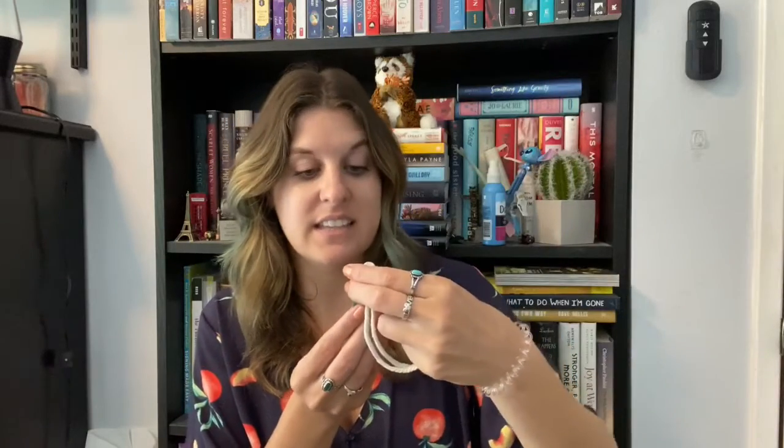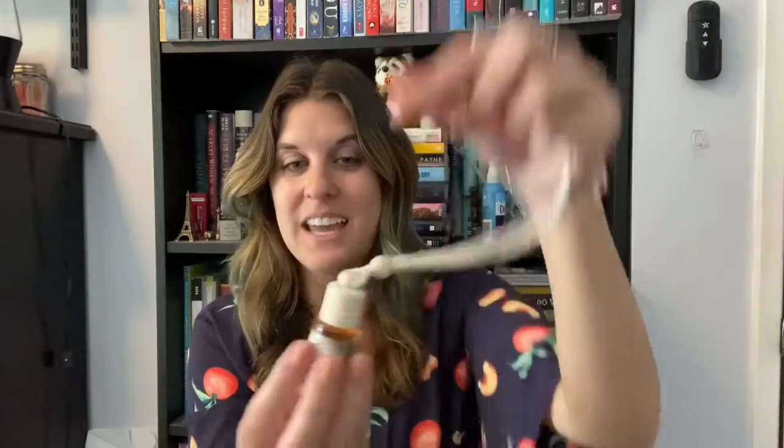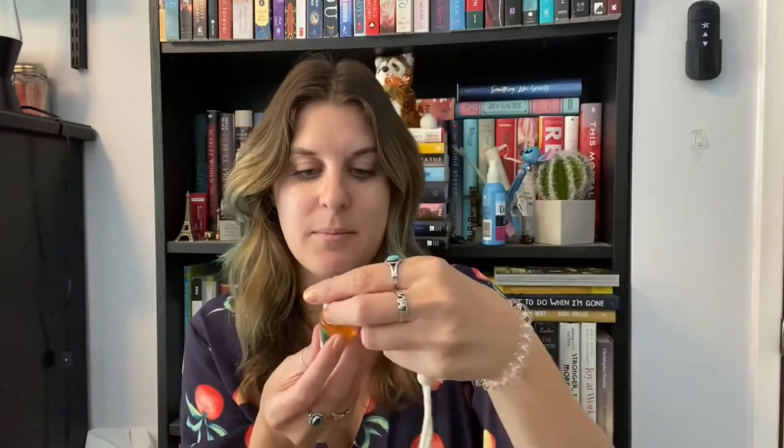All right, next we have this adorable, what is this? This is a scent diffuser called Drop Your Sword. How cute is that? And it comes on this little hanging piece, which I'm assuming you can just hang somewhere. And this says you can enjoy this fresh fragrance in your car, home, closet, or office for a little personal touch to your surroundings. Perfect for school or work lockers. Well, none of us are in work and school right now, so probably not that. But still, this says that it is...